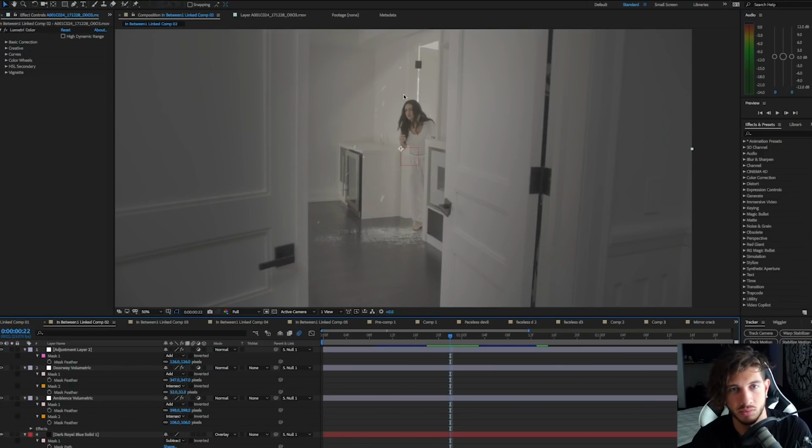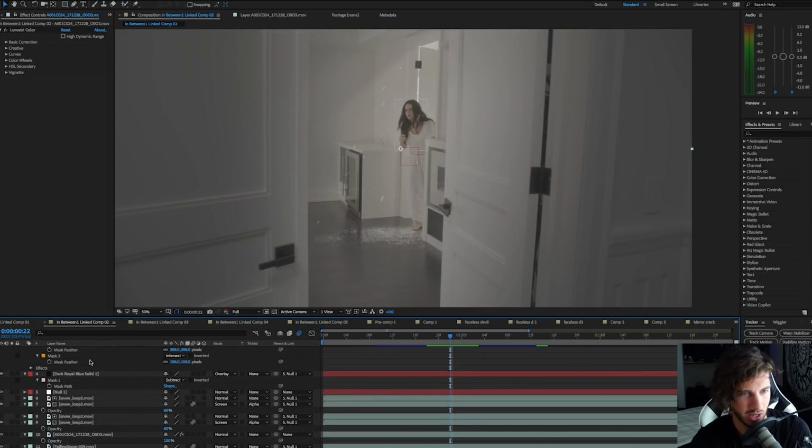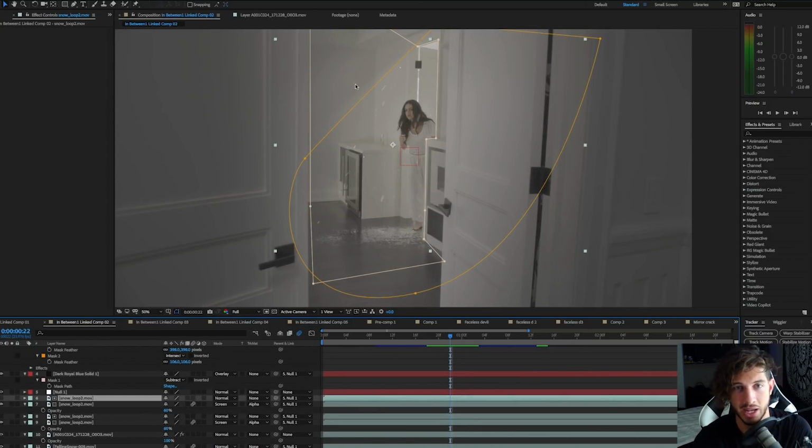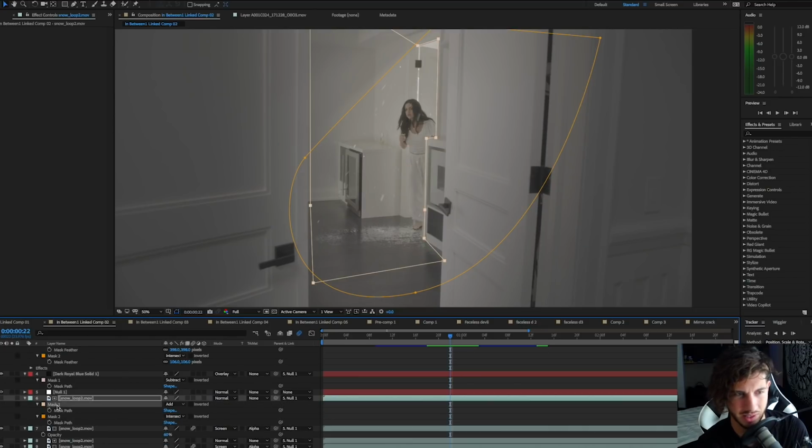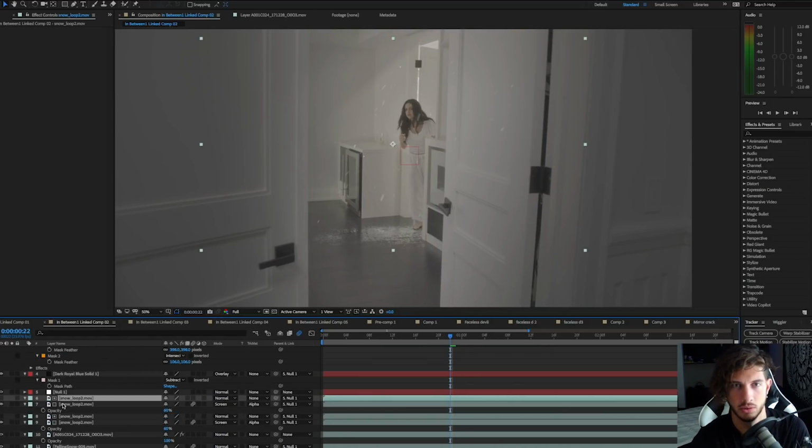So you can see that we have some snow trailing off from the bathroom going into this other room with some snow elements on the ground. This is just tracked into the scene, placed on the ground, and then the snow elements, I added a mask. You know what, this makes more sense if I just delete these masks and show you. So there we go. You can see that now this is spilling to everywhere in the doorway, and we don't